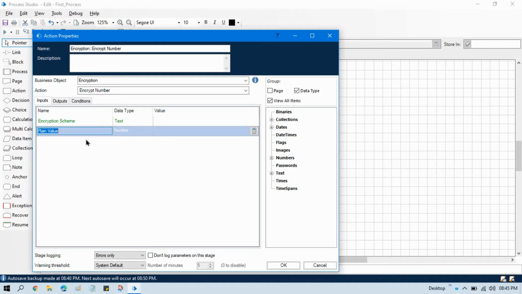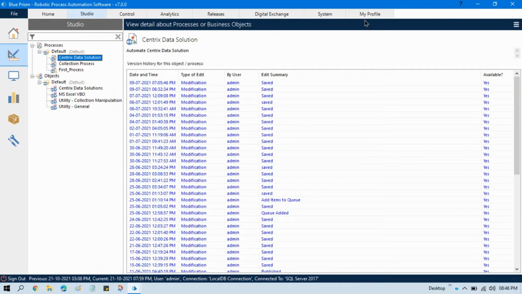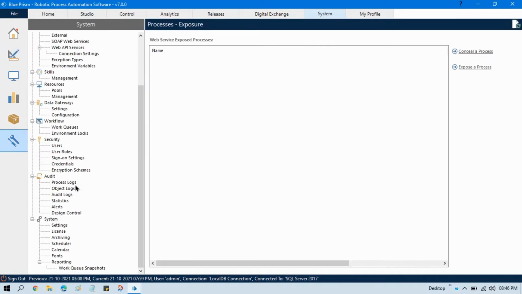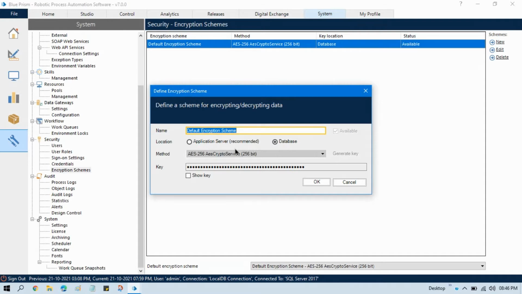Now let me show you from where we can capture this encryption scheme. Go to the system tab, and from the security tab, click on this encryption scheme. Now you can see here we have this encryption scheme that is the default encryption scheme. Currently you can have multiple encryption schemes here, you can click on new and you can create. Currently we are going to use this default one. We need this name because based on this encryption scheme we are going to encrypt our data,